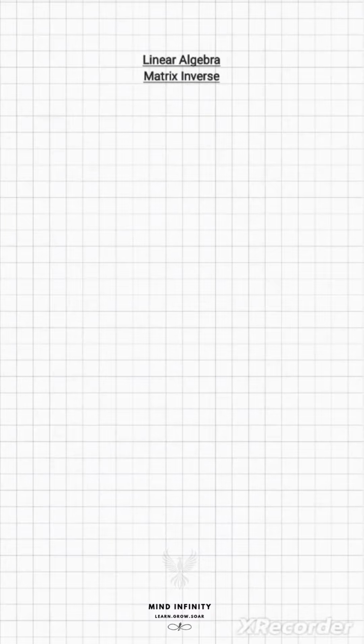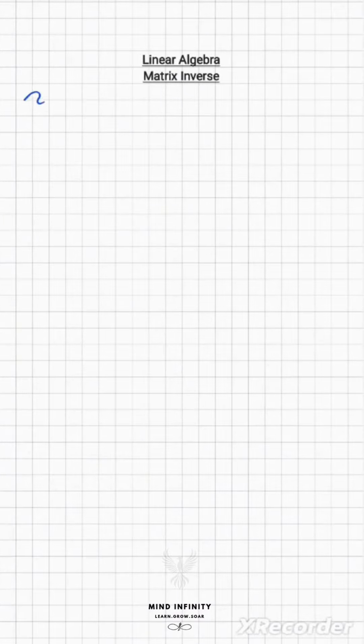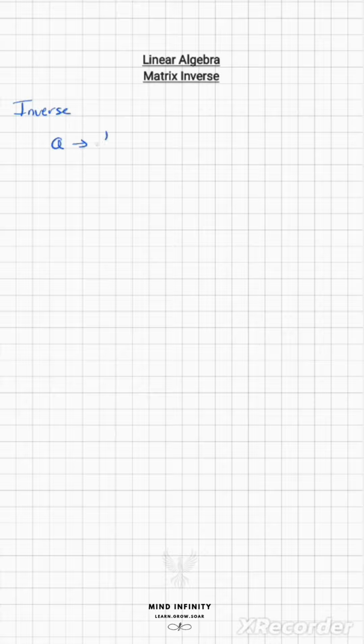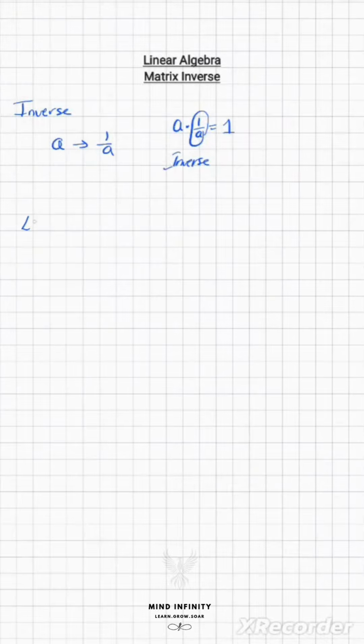Today we'll go over the matrix inverse. In general, when we say inverse, let's say you have A, then the inverse will just be 1 over A, right? Together, A times 1 over A just gives you your 1, so this is your inverse. Similarly, in linear algebra,